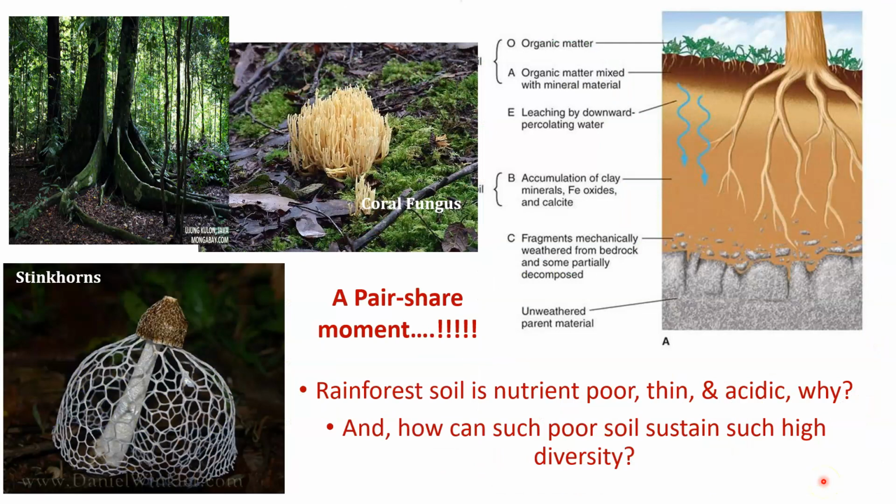The last but not the least is about what else you find on the forest floor, right? So the rainforest floor. If we were doing this in the class, I would ask you this question. Rainforest soil is nutrient poor, right? And it's very thin and quite acidic. Why? And if rainforests have very nutrient poor soil, how can they maintain so much biodiversity? Those are the two questions that I'm going to ask you. Well, since you are not in front of me, I'm going to give you the answer right now.